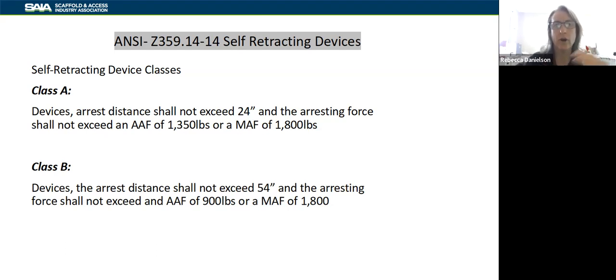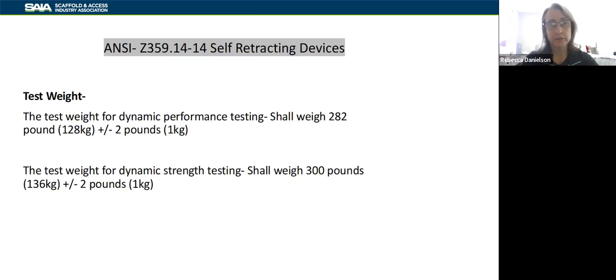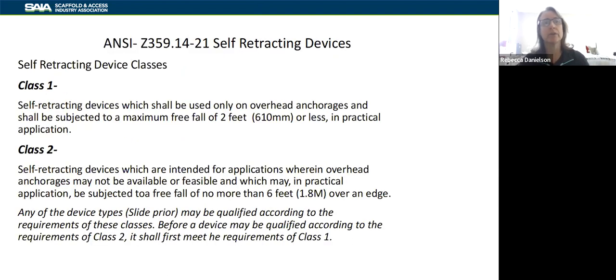Looking at this and understanding this, the other thing I wanted to point out was that the test weight changed. So this launched in 21. There was a February 1st date by which manufacturers had to comply. It has now been moved to August 1st of 2023, that manufacturers marking the unit as meeting that standard are going to have to comply with.